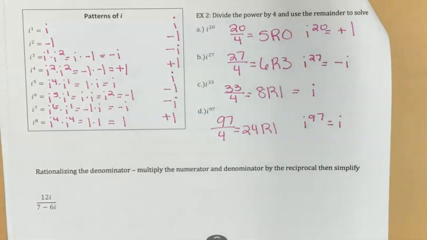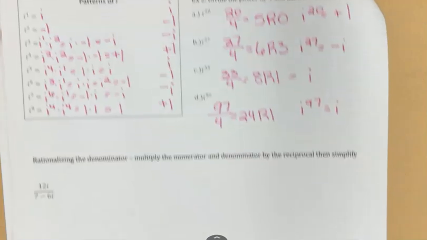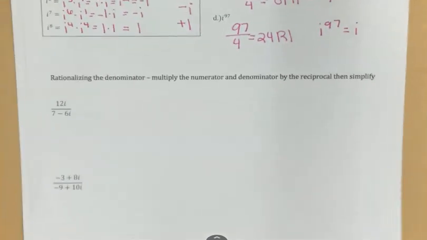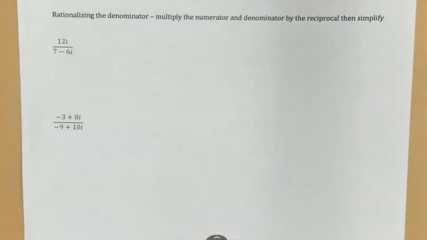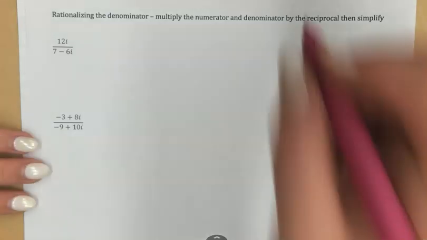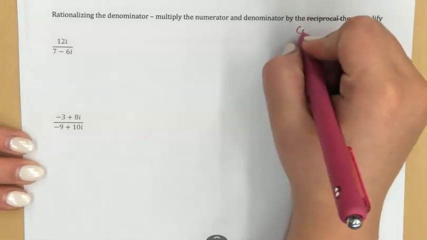The last thing we're going to talk about today with our imaginary numbers is rationalizing a denominator. So remember, i means the square root of -1, and we don't like square roots in our denominators. So if you have i in your denominator, you need to rationalize it to get it gone. So the way we do this is we multiply not by the reciprocal, but what we call the conjugate